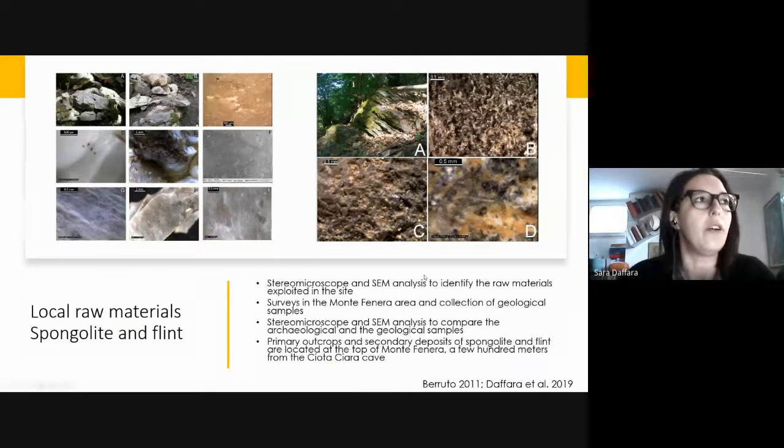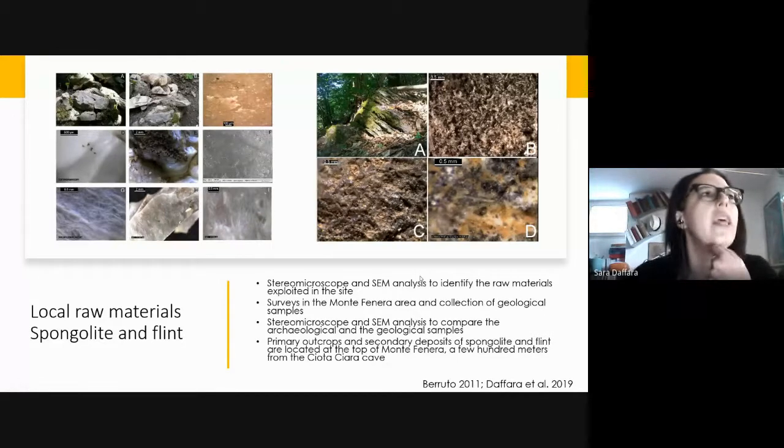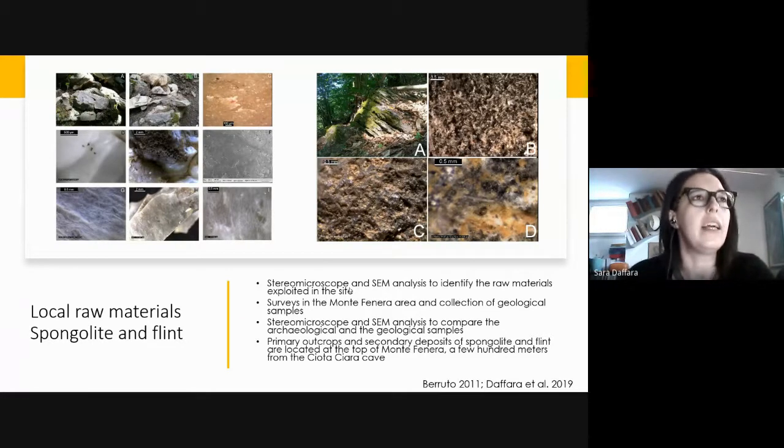All the other local rocks have been studied for what concerns the supply areas, and through the same methodology. So all the Monte Venera area was a subject of field activities, and we were able to locate secondary deposits and primary outcrops of spongolite and also of flint. These outcrops are placed just a few hundred meters from the cave, and so one of the questions that arose